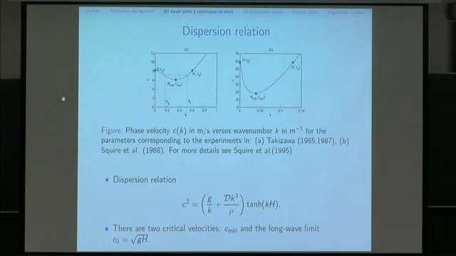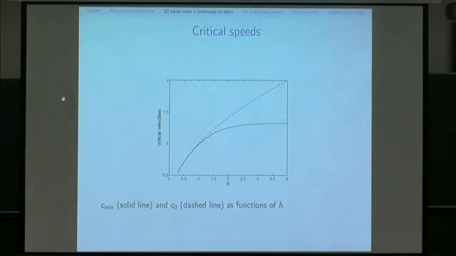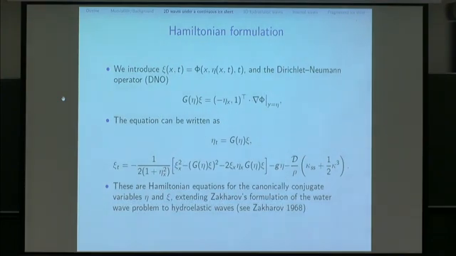amplitude of the wave below the moving load, for example. And you have the long wave limit, the classical long wave limit, and those are the kind of critical speeds which people have observed in experiments. And again, just plotting that, C min, the solid line is always lower than the dashed one, than the long wave limit. Now, working with Philippe Guyenne, we have rewritten the equations using a Hamiltonian formulation, which is